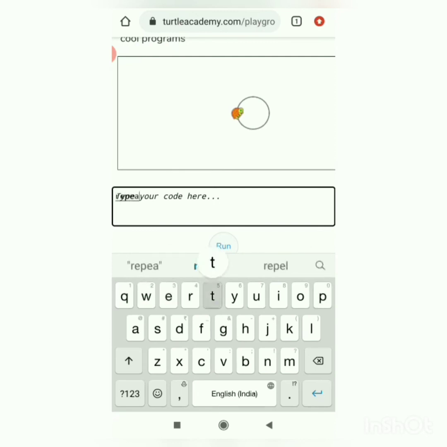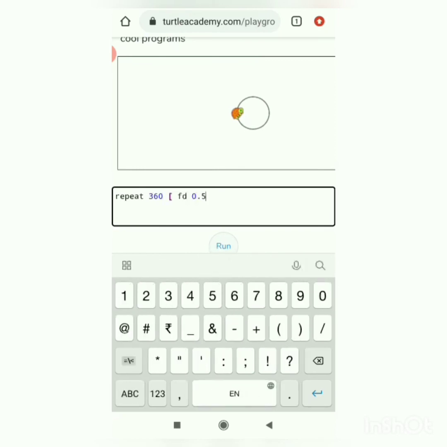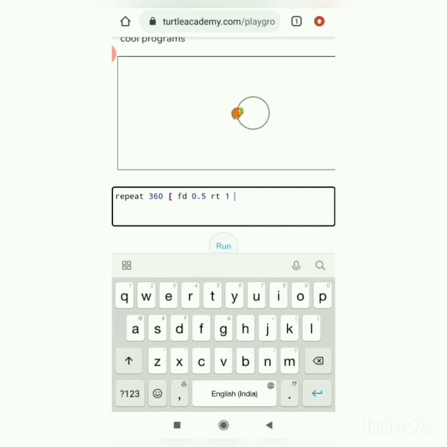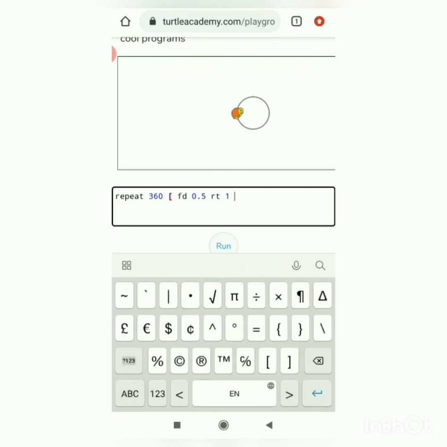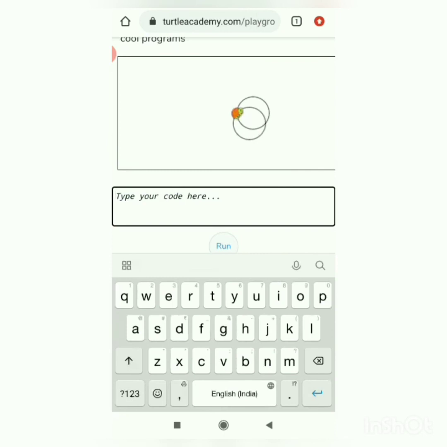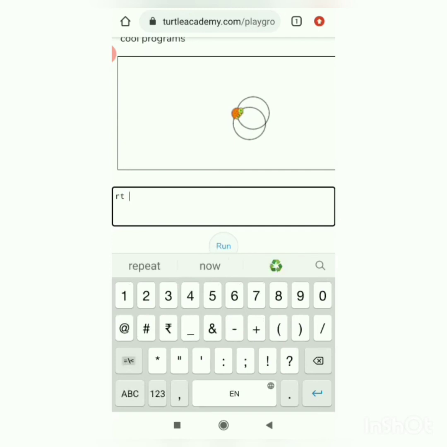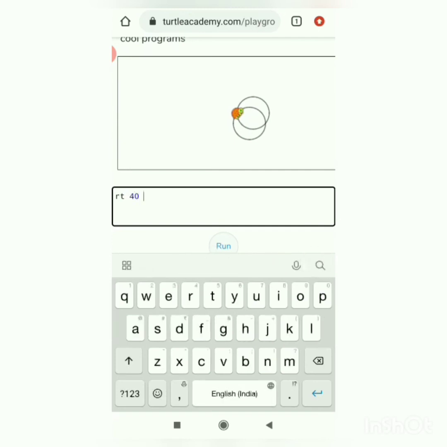Now again I'm writing the command repeat 360 FD 0.5 RT 1 and close the bracket. I want to copy this because next time I will paste it only. Now enter. Again I give the command to the turtle to turn by 40 degrees, RT 40.